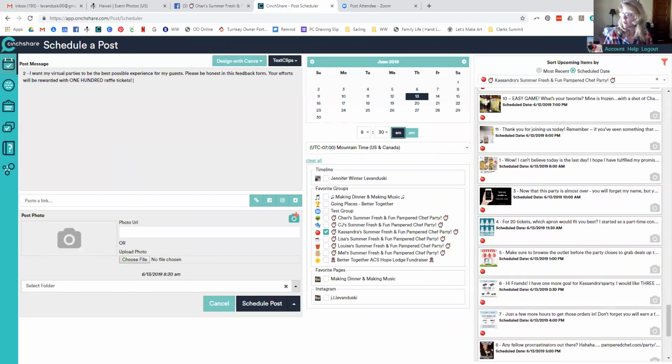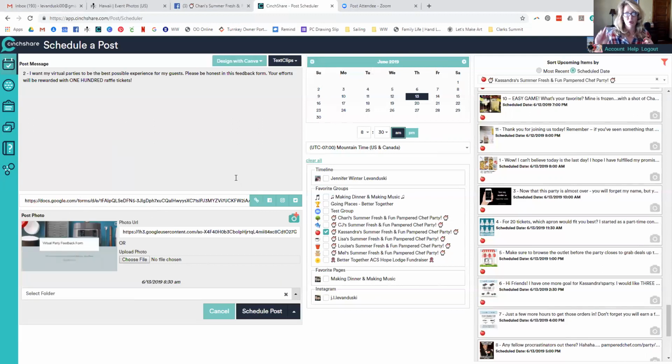And I'm going to grab that URL again, and I'm going to put it right here. So if you're going to use a link that you want to be clickable in your Facebook group, you have to put the link right there, but then you have to click this little chain icon. I would not have been able to do it with the find and replace feature. So that's why I chose to edit it like this, okay?